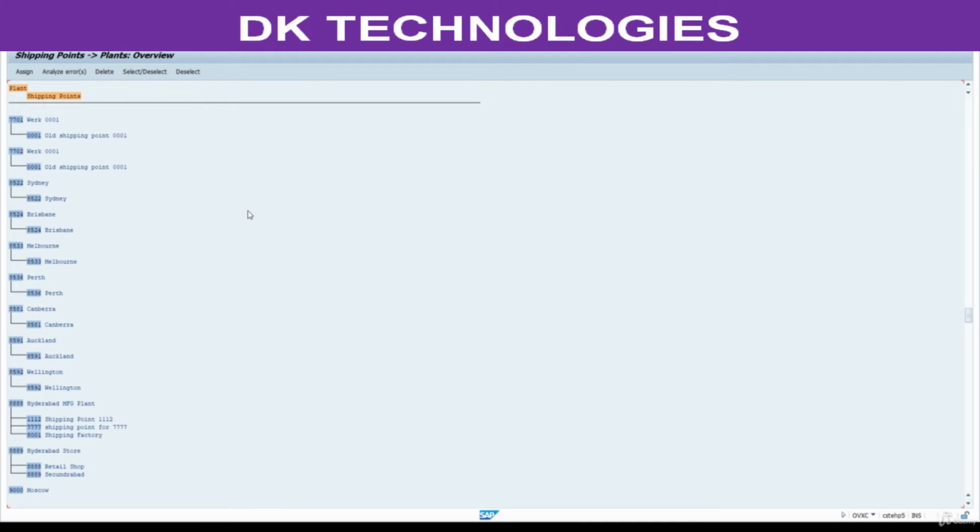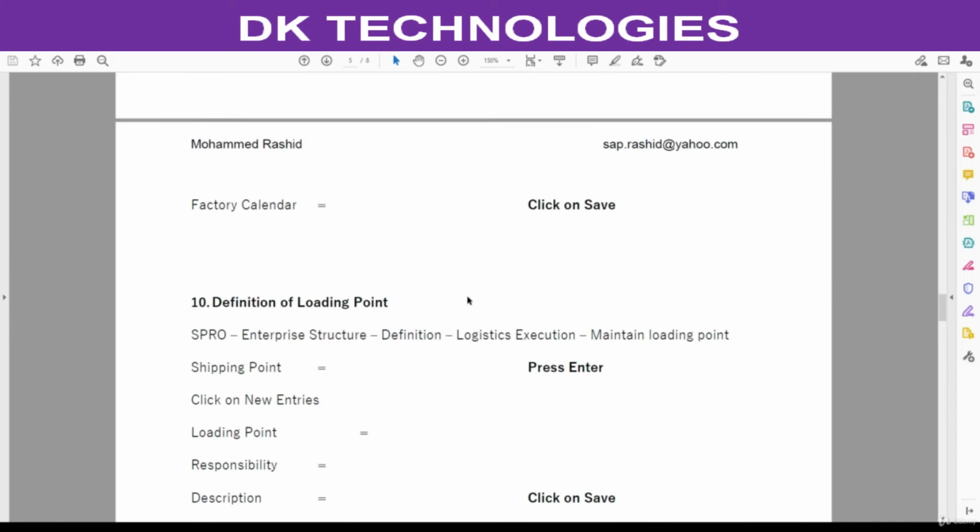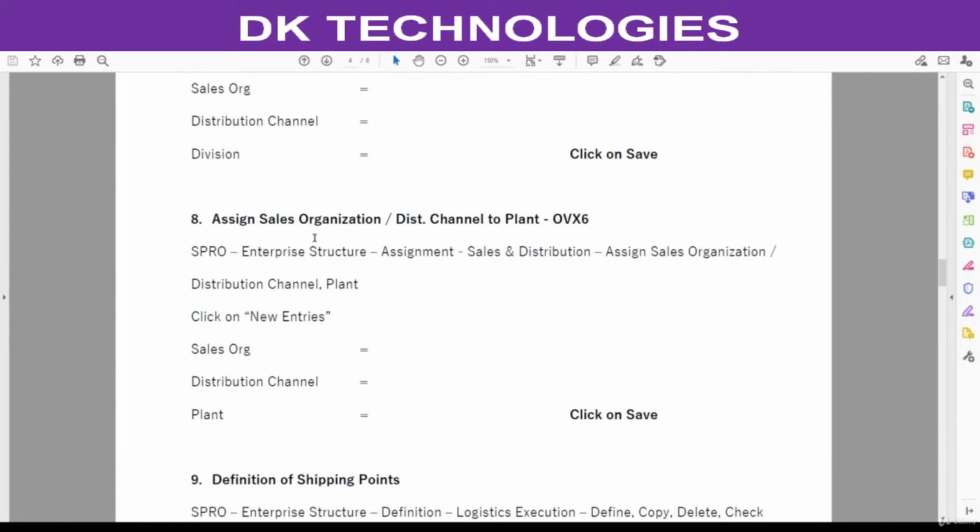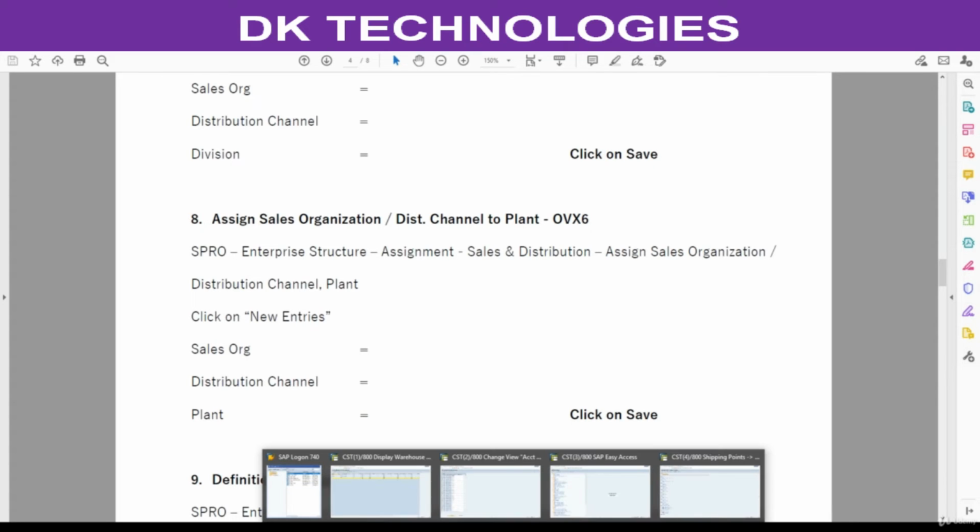Here I don't find the plant here. Maybe we are missing something. Assign sales organization distribution channel. Okay. Go back.